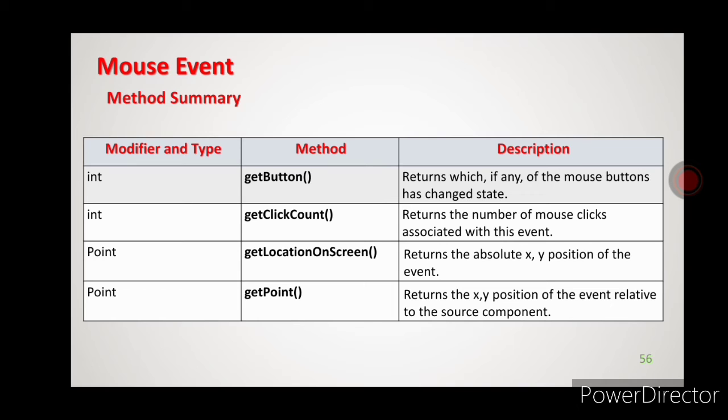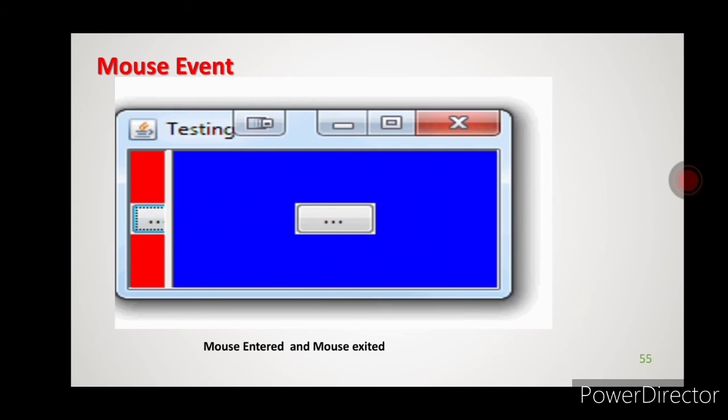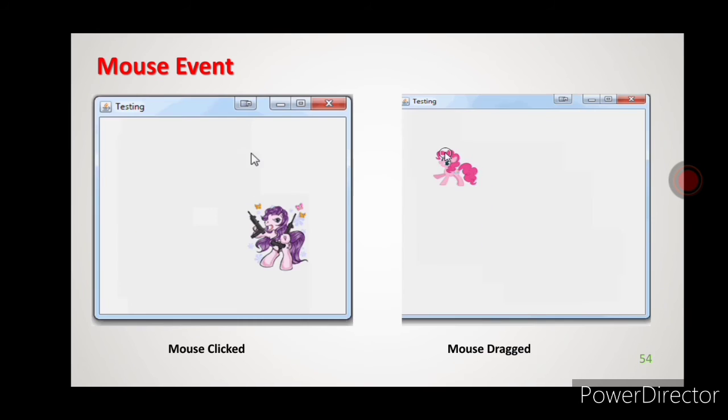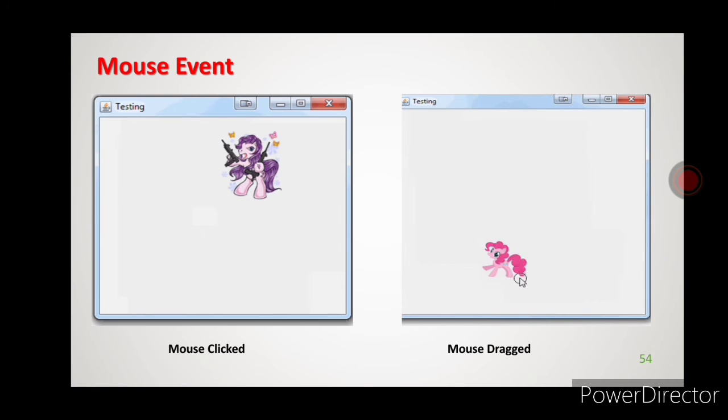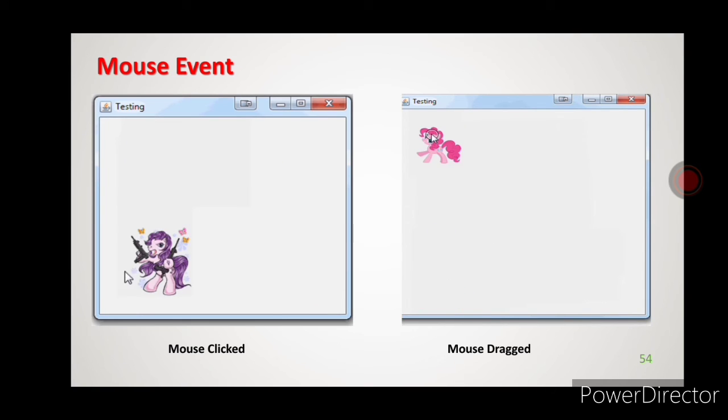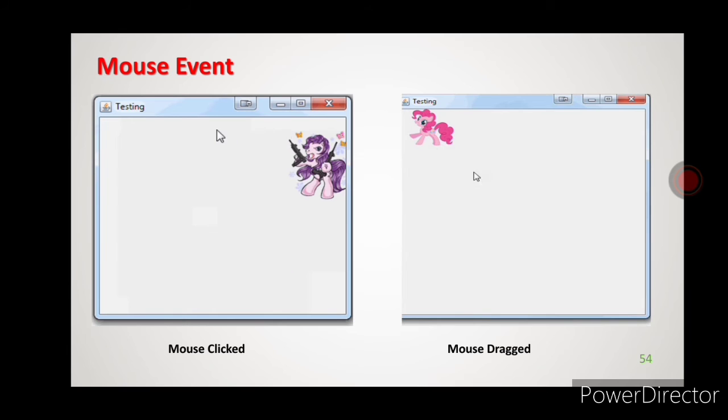Next is getLocationOnScreen. It will return the point object that contains both the x and y coordinate values. See here, in the first one he is clicking the mouse.